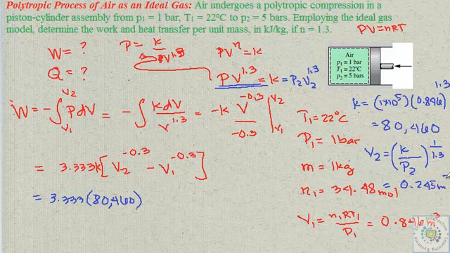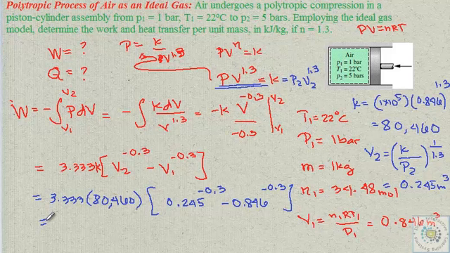0.245 m cubed. Okay, so that's how we got V2. So in that case, V2 will be 0.245 m cubed raised to the negative 0.3, minus V1, 0.846 m cubed raised to the negative 0.3. So the ideal gas law is mostly what we use first, with the given P, V, and n, to solve for V2. Okay, and then this will lead us to